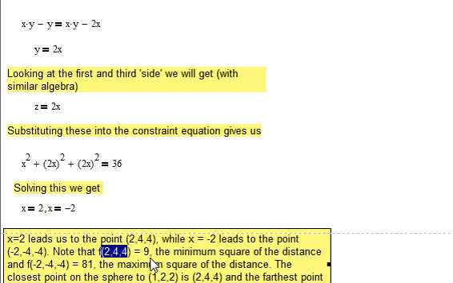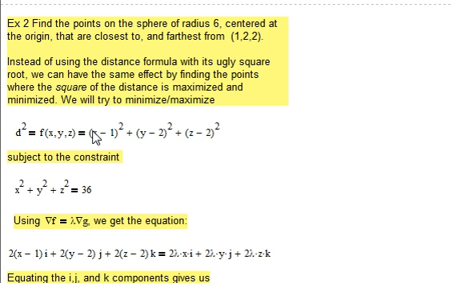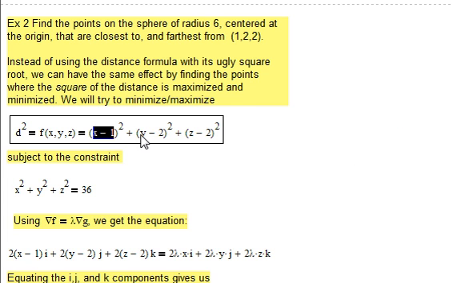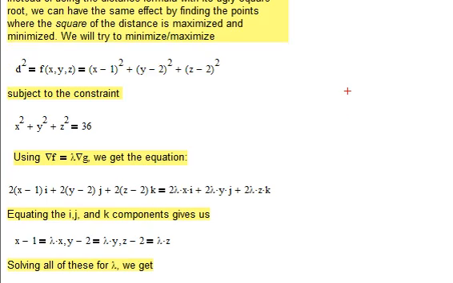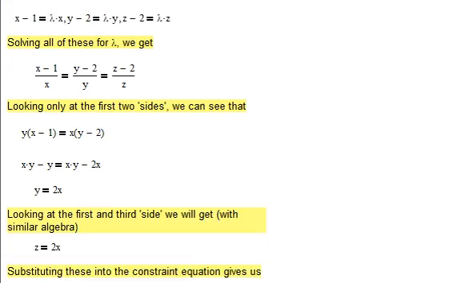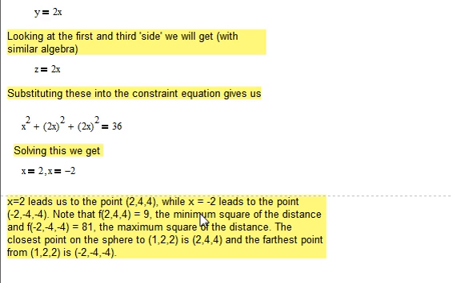Note that f of (2, 4, 4) equals 9. Keep in mind, I forgot what my f was, hang on a minute. Oh, f was this, okay, so with (2, 4, 4), that would be 1 squared plus 2 squared plus 2 squared, so that's 9. And the minimum square of the distance